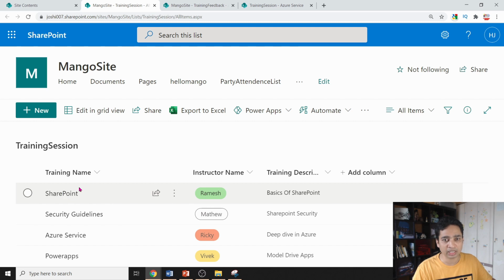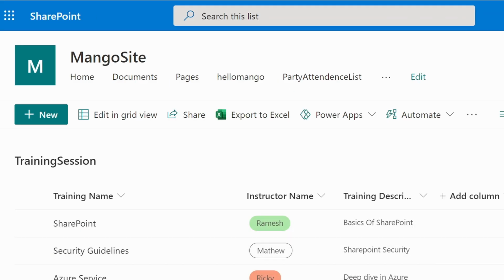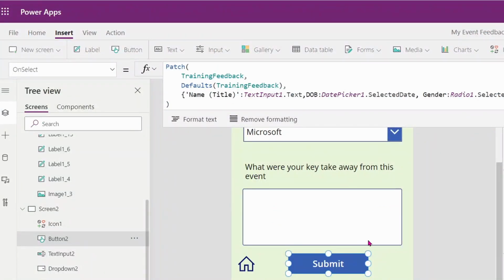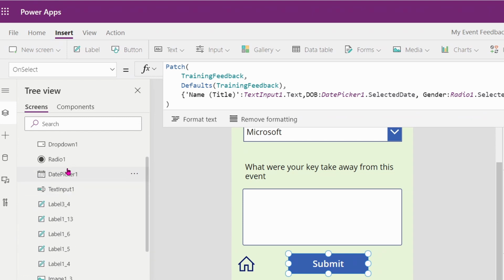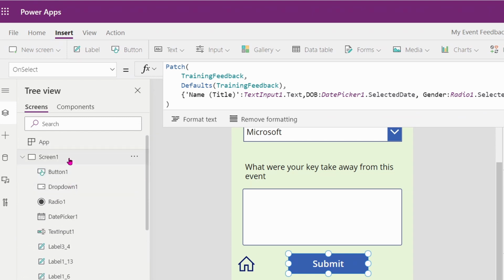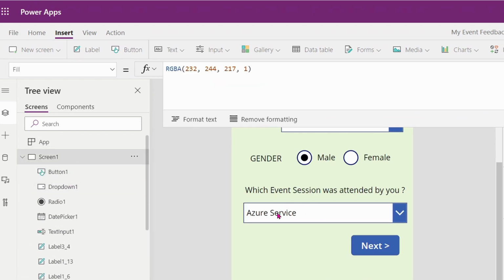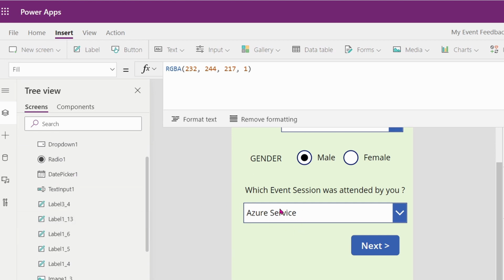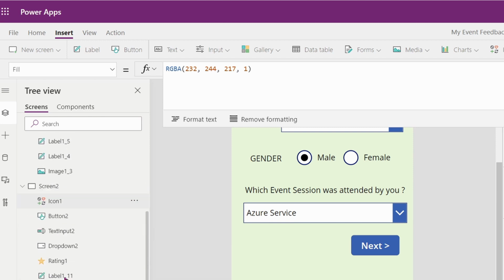So I need to pass this name and the ID value. The name is easy to get, because inside this form you have the name field being captured on the screen, which is this one. But the ID is something that you need to take out using this name field. Okay, so we will be looking into how to do that.